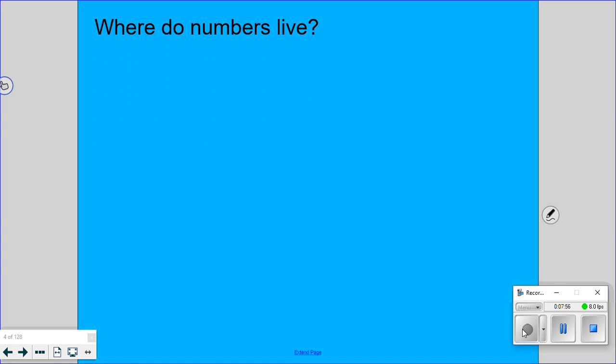Numbers live on a number line. Heidi? Numbers live in houses. What do you mean by that? I don't know. Theo? Numbers do live in clocks. Our numbers, all numbers,